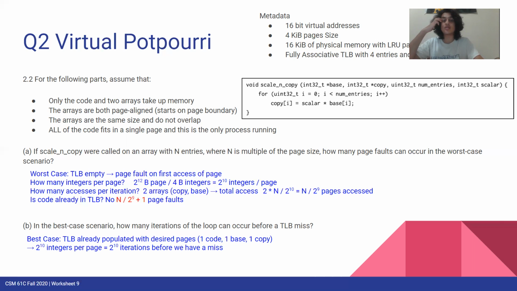With 2 to the 10 integers per page, we can do 2 to the 10 iterations before we have a miss. So a page is 2 to the 12 bytes